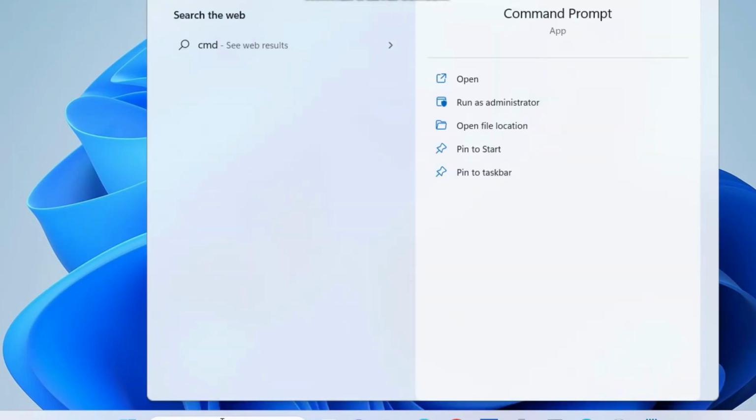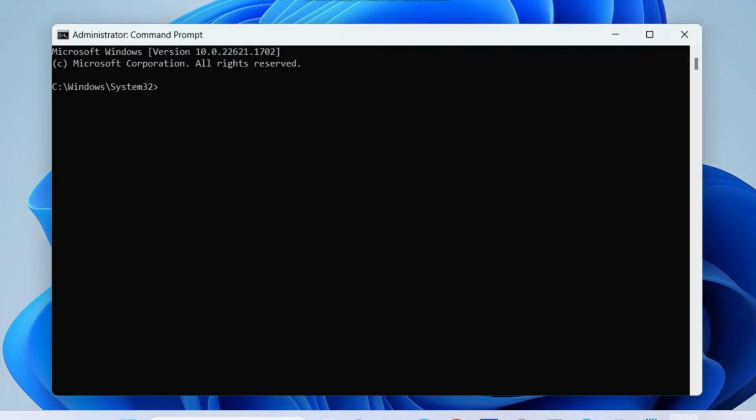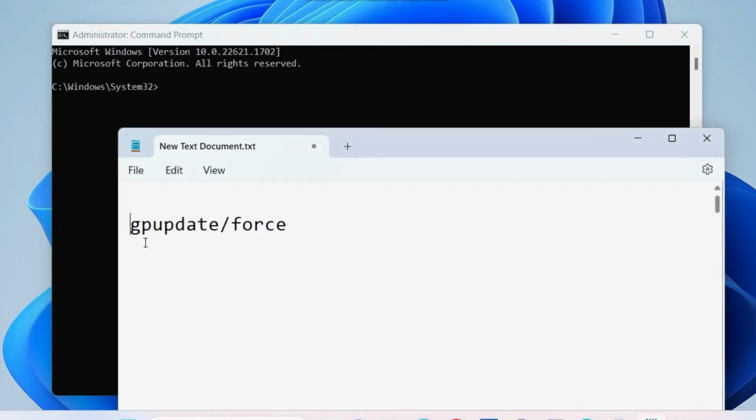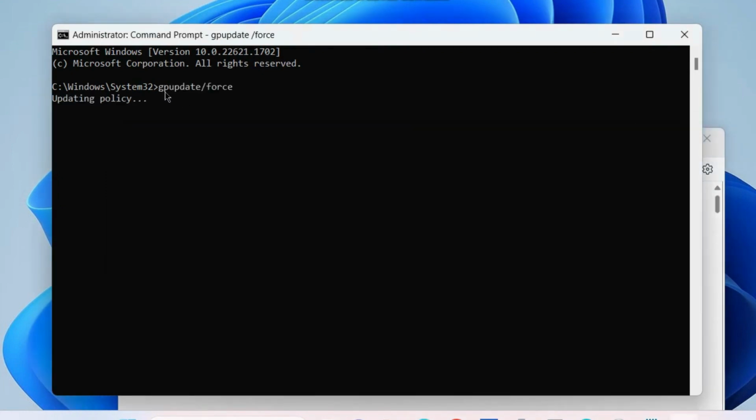And the next fix is again go to Windows search, type cmd and open command prompt Windows as administrator mode. And here execute the command gpupdate /force. It will update your Active Directory in Windows 11 and Windows 10. Updating policy, wait for some times, and once it finishes updating policy, restart your Windows 11 10 system and